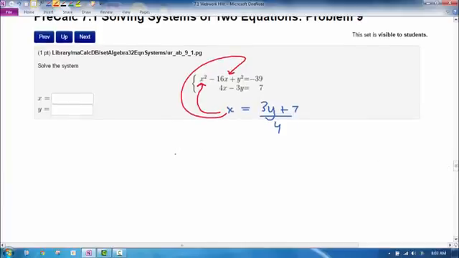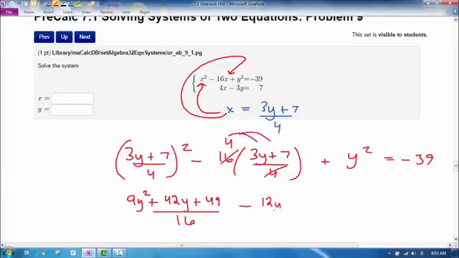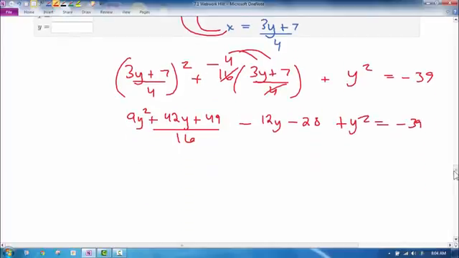All right, and that leaves us with this equation after you've substituted. And then let's see, 4 goes into this 4 times. I need to distribute the 4, and I also need to FOIL this out. So this becomes 9y plus, actually that's squared. And this would end up being 42y plus 49 all over 16 minus 12y plus 28. And actually this negative sign needs to be distributed as well. So this would be a minus. And then I'm going to multiply through everything by 16 because that way it gets rid of this 16. But I need to multiply everything through by it,